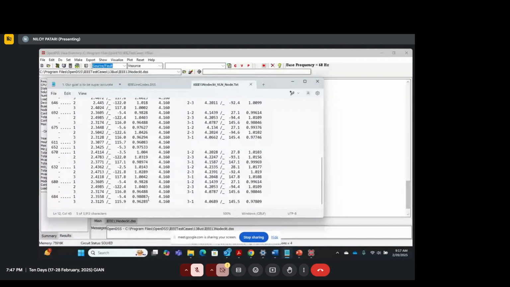So if you see this particular node, which is at 684, it comes pretty close to 0.95, right? And the reason this is just above 0.95 is because of that capacitor which is placed. Similarly, at 611, you remember that there is this capacitor which is placed in 6911. So now,